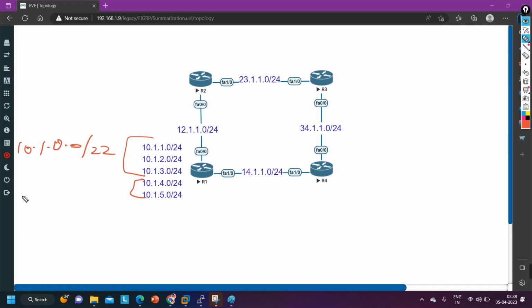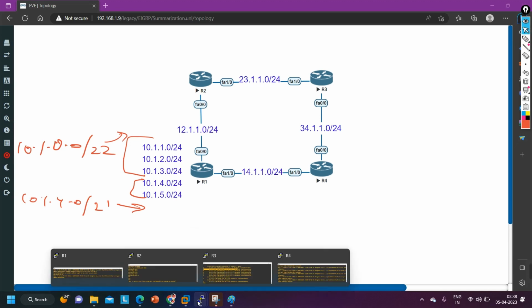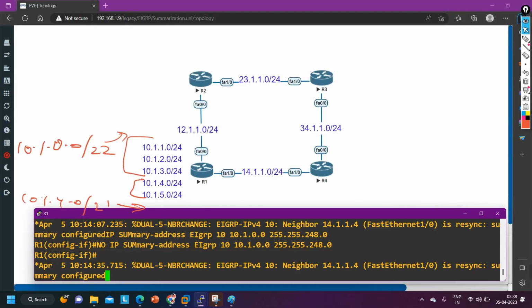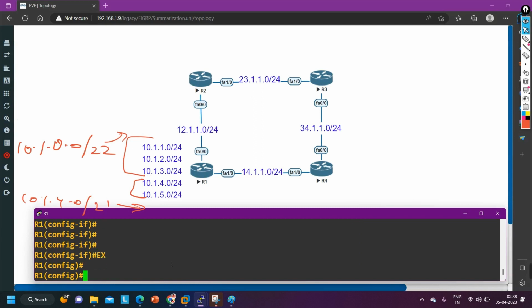The summary address of these 2 networks will be 10.1.4.0/21. Yes. So let me advertise this summary address towards router 2 and this towards router number 4. Interface F0/0, IP